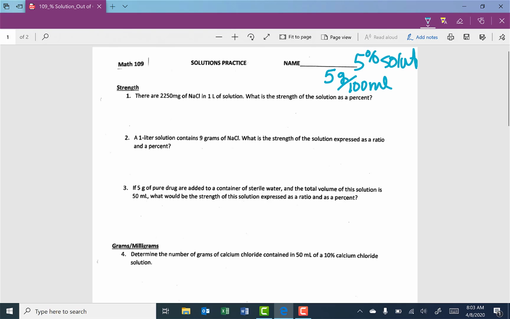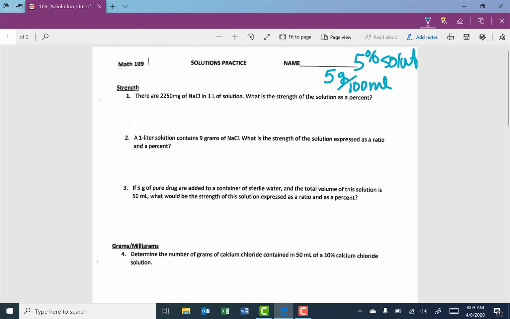Now, the grams represents a solid. Remember, G is grams, which is mass or weight in the metric system. So this is kind of like a salt and water mixture. Salt would be the grams, and then it's dissolved into 100 milliliters of solution,